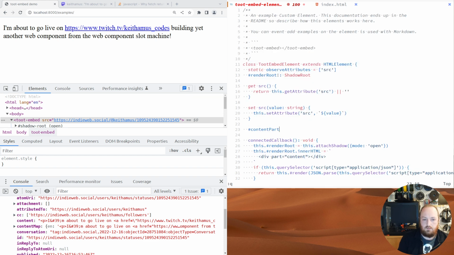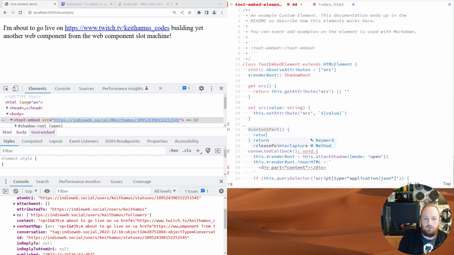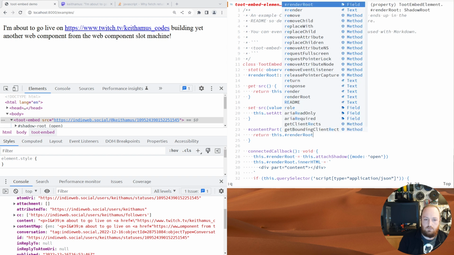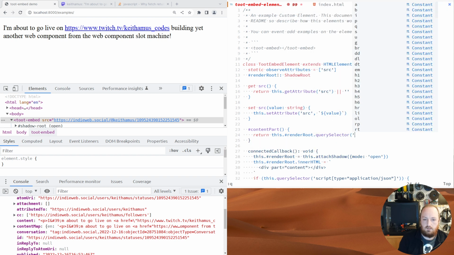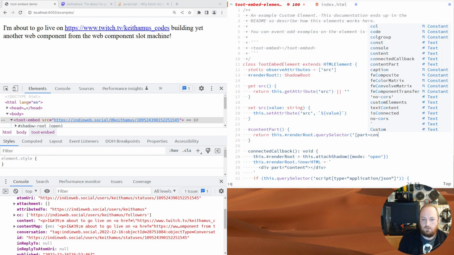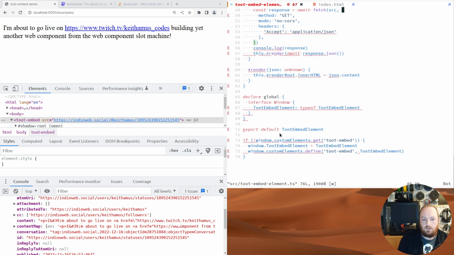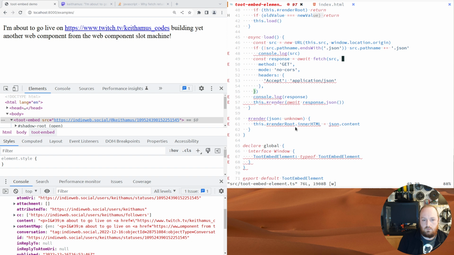So content part, we're going to return this dot render route query selector part equals content, and then that just lets us do some shorthand here where we can say this content part in our HTML